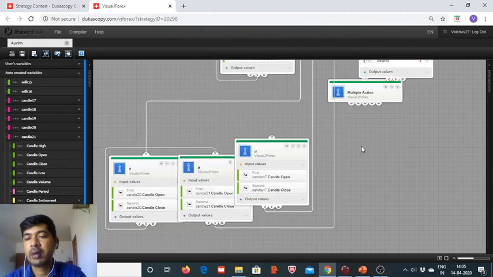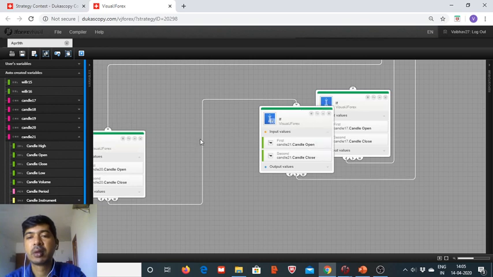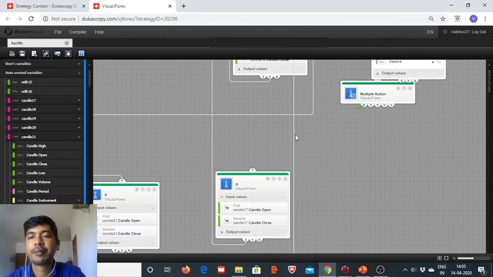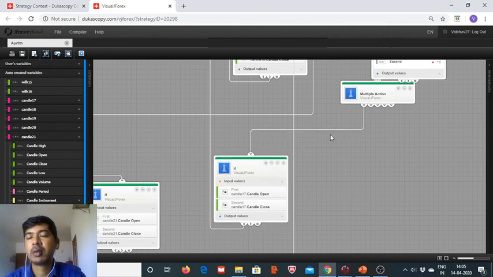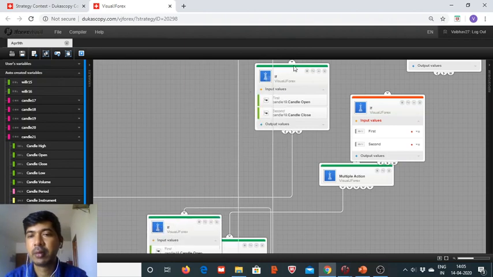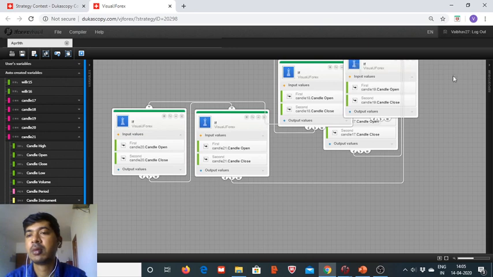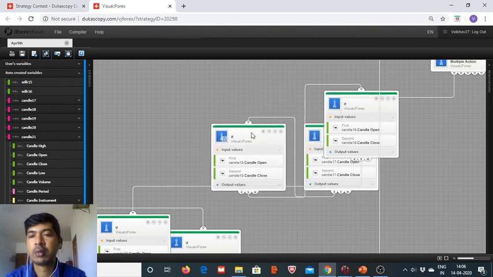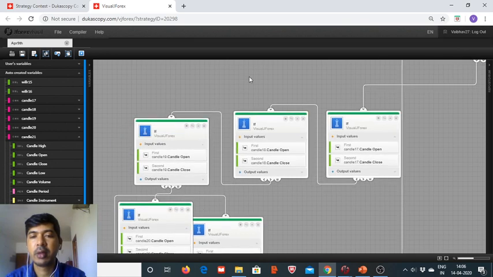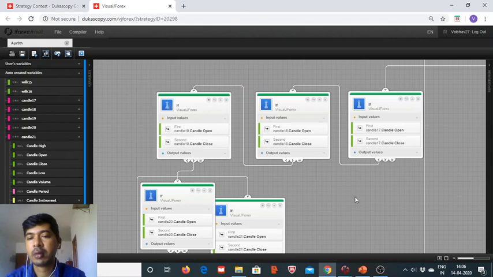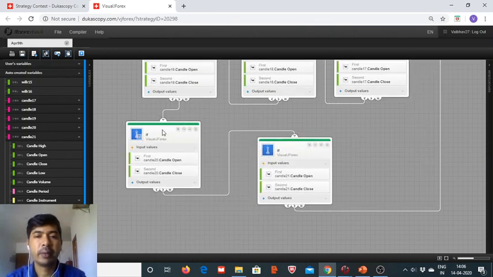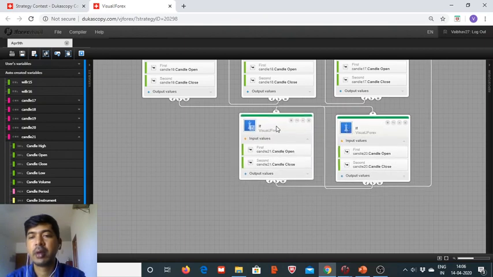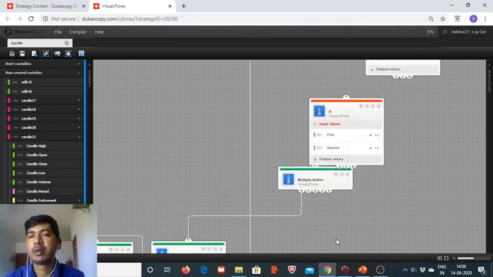So the candle 17 is here. Candle 17 is the first. So we connect it. Then comes the candle 18 and the 19. Then comes the 20. 20 is here. Then comes the 21. Okay. So now